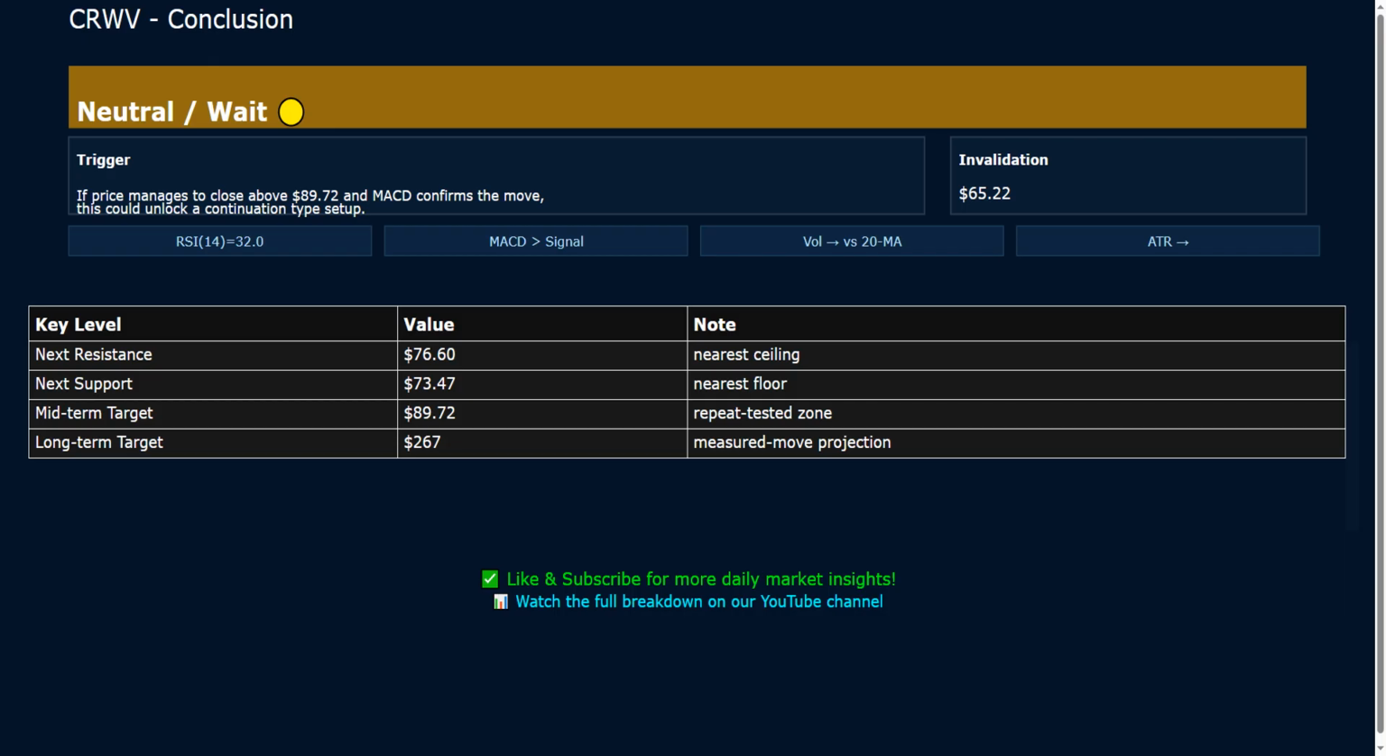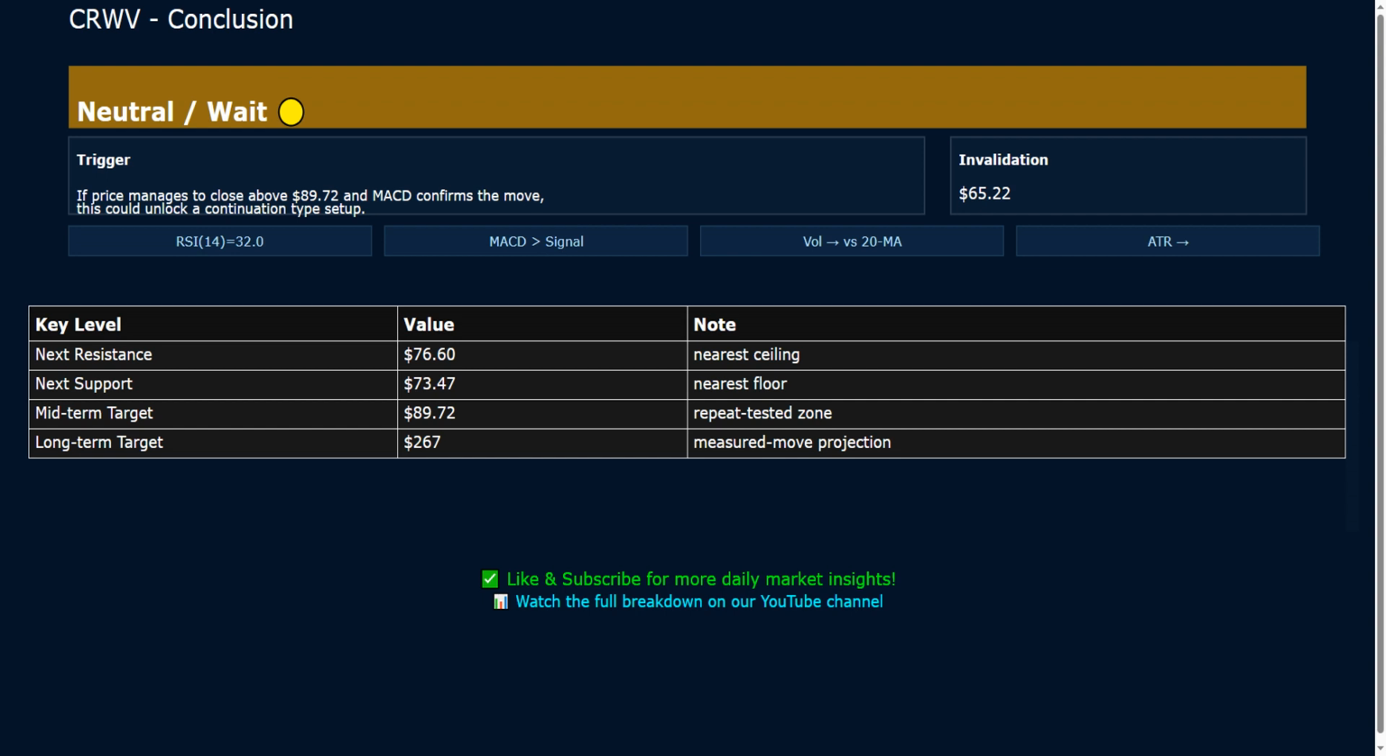If price manages to close above $89.72 and MACD confirms the move, this could unlock a continuation type setup. On the defensive side, the key invalidation area is near $65.22, where this roadmap would start to lose its reliability. On the upside, if the current trend can stay intact, a measured move roadmap to monitor is $267 as the